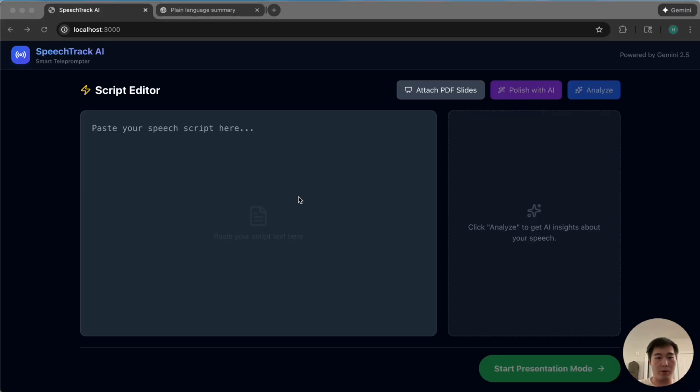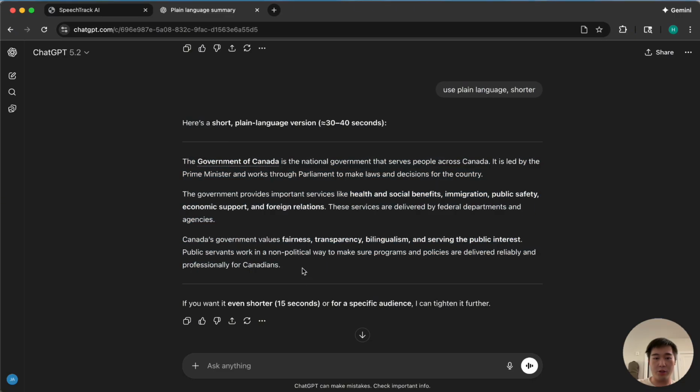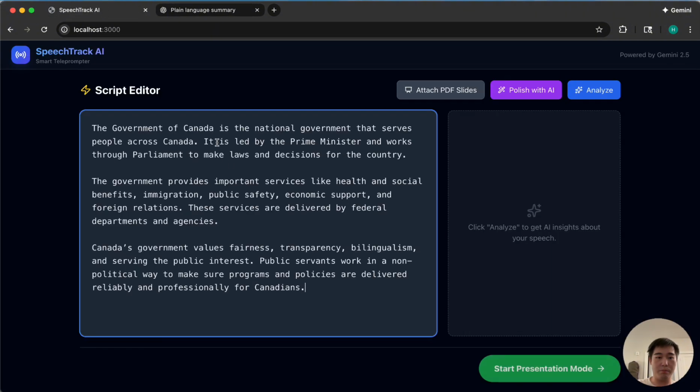First, let's get started with having some script here. Here, I already prepared the Government of Canada introduction provided by ChatGPT. So I'm just gonna paste it here, pretend that we're gonna present this stuff, and there are a few AI functions that just attach